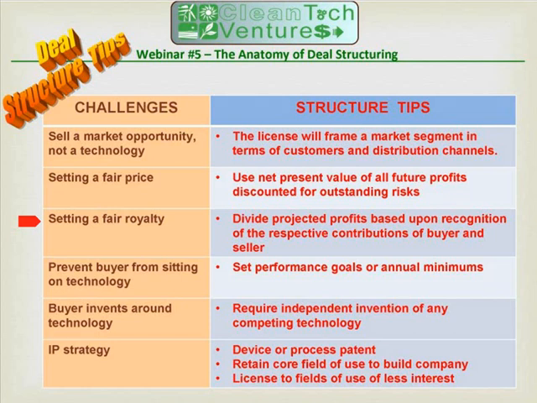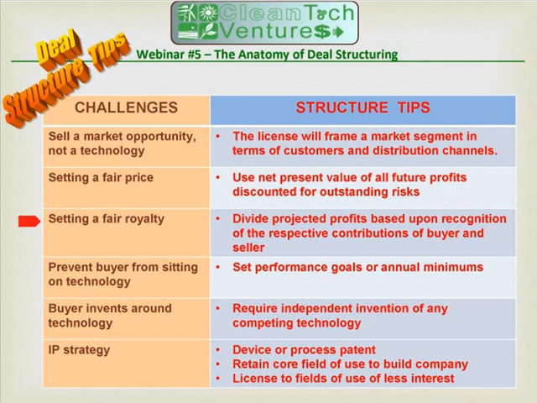And in another situation, like in a medical device, a royalty rate of 12, 13, 14% may be quite reasonable, because there are high profits involved in selling that particular product into the marketplace. So in setting a fair royalty, I typically use a rule of thumb of 25% of the net profits would be a good royalty rate. And from that, then I negotiate as best as I can if I'm selling to raise the royalty rate, and of course if I'm buying to lower the royalty rate.